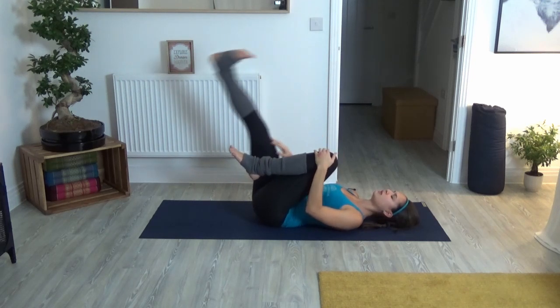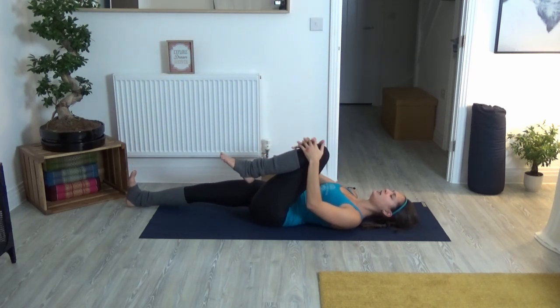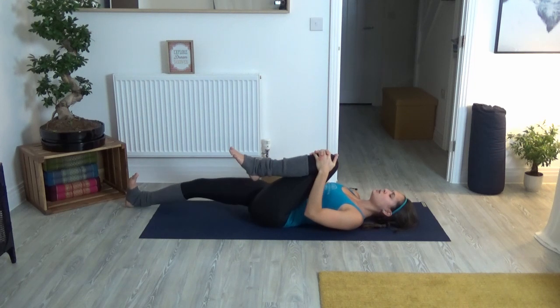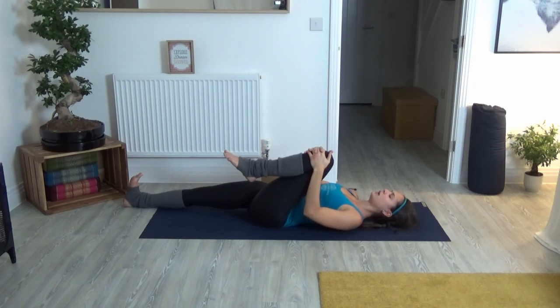From here, straighten the right leg down towards the mat. Hug your left knee in and up towards your chest. Press your right heel away from you and flex the toes toward you. Don't worry about having a full straight leg. Just work within your